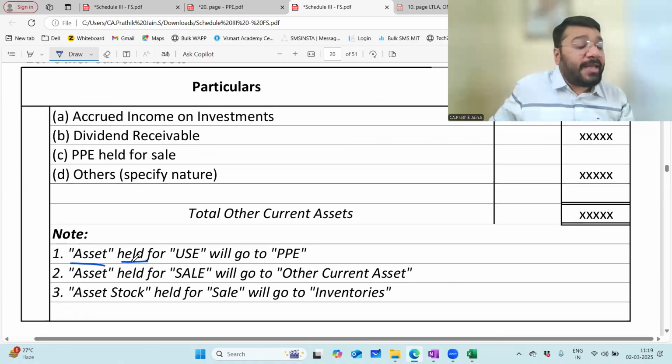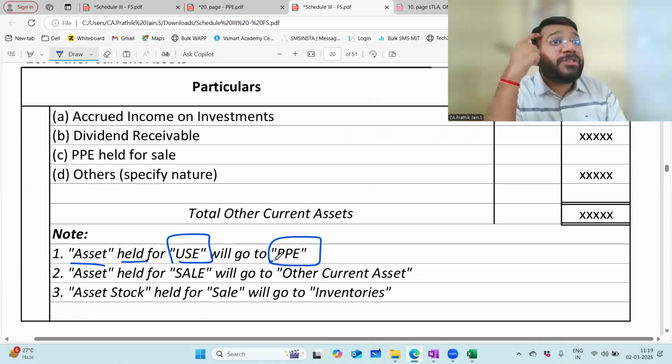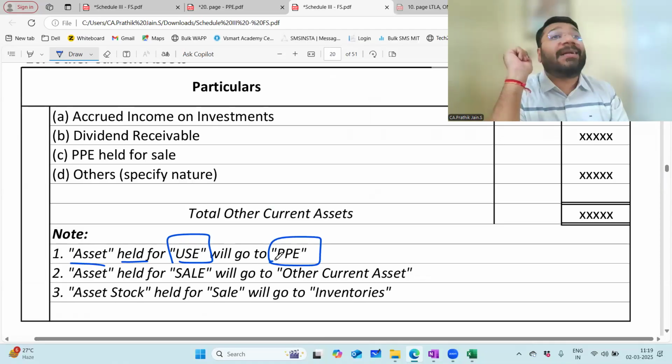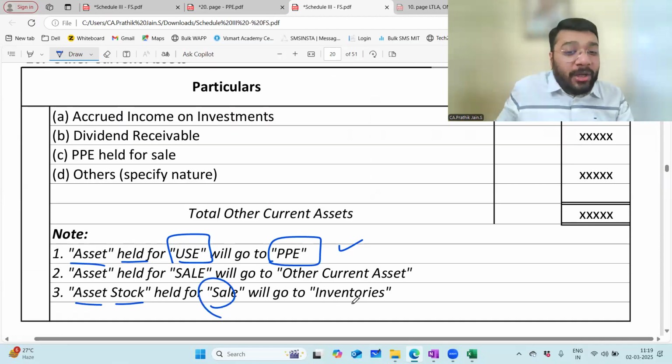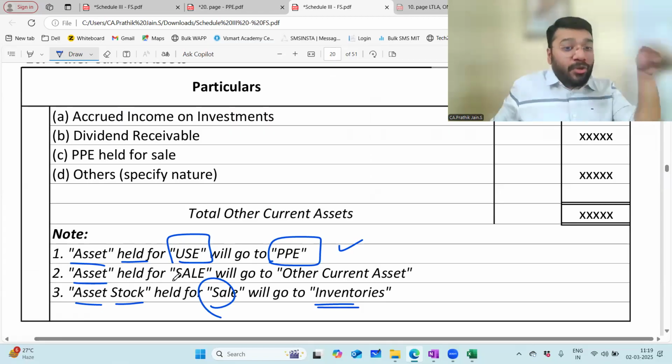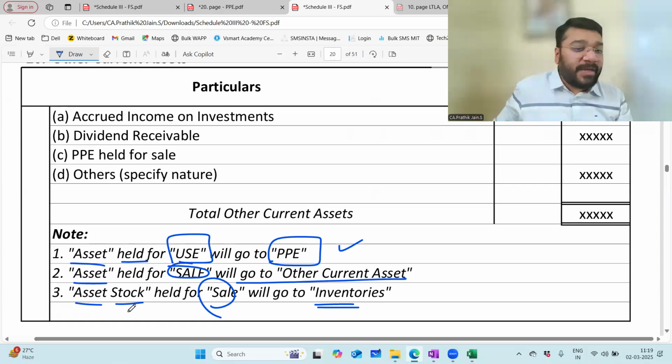Asset held for use will go to your PPE. Asset held, what is the intention? To use it for your core business activity. It will go to your PPE. Asset held in the form of stock, where you want to sell it, will go to your inventory. Asset which was held for use earlier, and now you want to sell it, will go to your other current asset. And the fourth one is